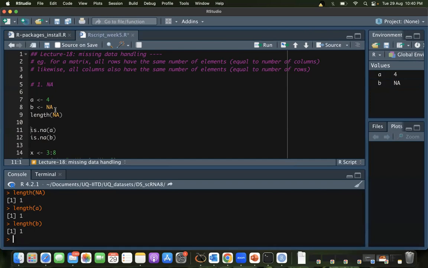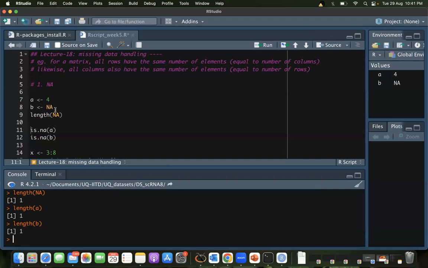Something happened, let's say you're taking some readings, and it says error in the device. So would you say that the value is 0? No, right? Because it was a device error. Let's say you have 10 samples with you and you're running them one by one in the device, and for maybe the 6th sample, the device showed an error. But for all the other values, it gave you some numeric values, 10, 20, 5, 10, 11, 6, and so on. But for that 6th value, it gave you an NA.